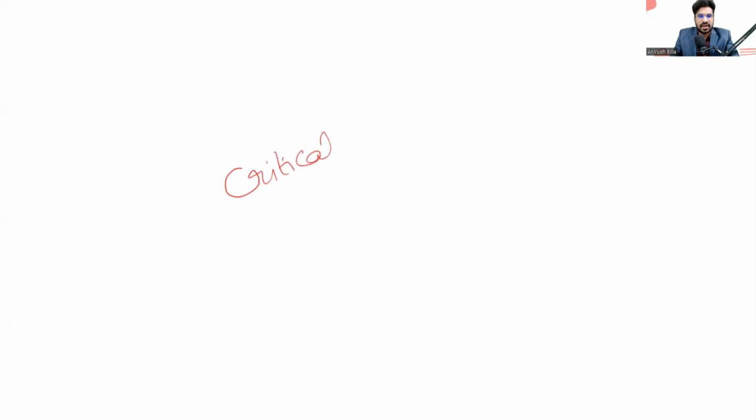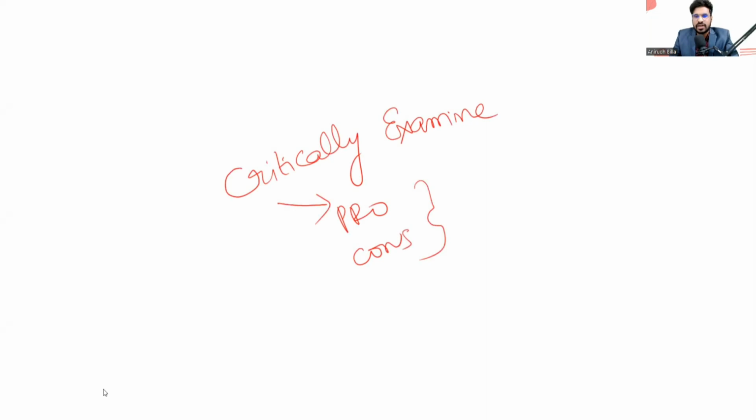critically examine. Simply, critically always says that you need to write about pros and cons. I'm not going to get into detail like critically evaluate and critically examine. The main purpose of this video is to bring you awareness of how to write an answer. In detail, we'll see in our classes. And also, I'm going to tell you how we are going to give you content every day.